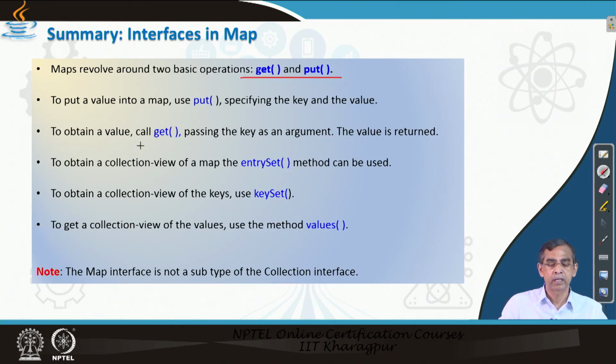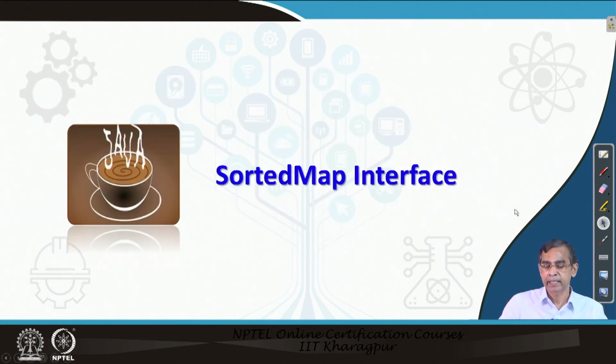The get and put methods, and then entry set, which will give you the set form of the collection or table. Key set is basically the set of all keys that are there in the table, and values are all elements that are there in the table, meaning all records we can say. These are the important methods we shall use in our programming, or any programmer should use all those methods in their programming practice.